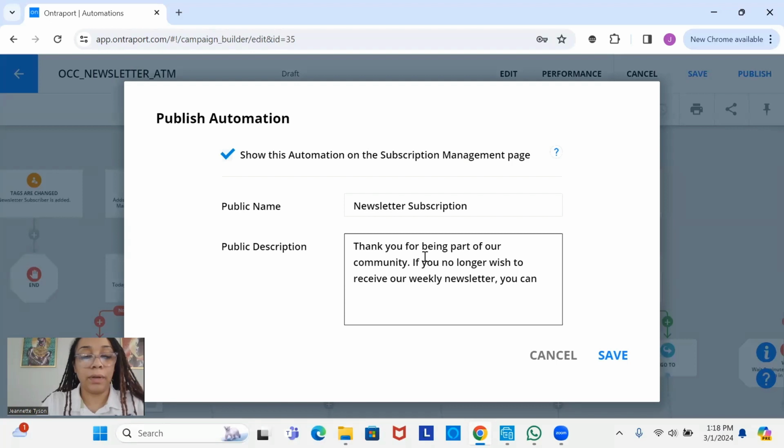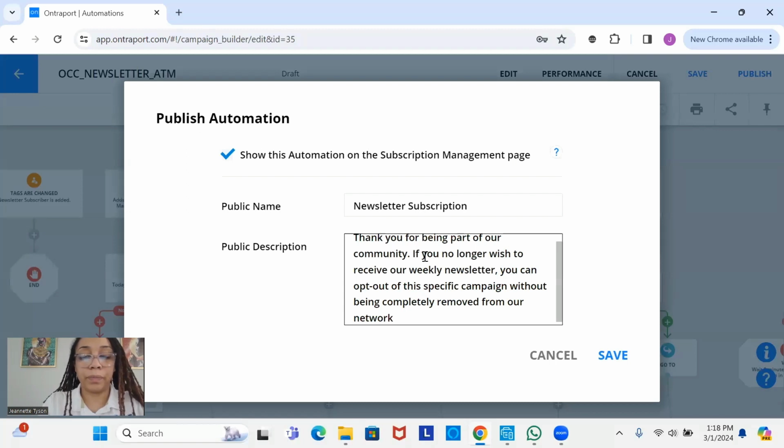you can opt out of this specific campaign without being completely removed from our network. Okay, so if someone gets a newsletter and then they click to unsubscribe, they'll be brought